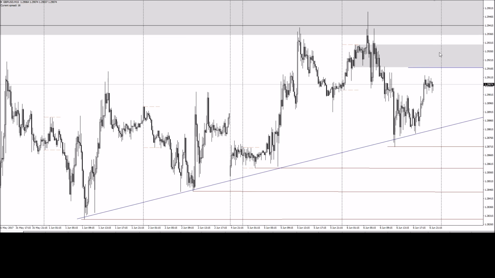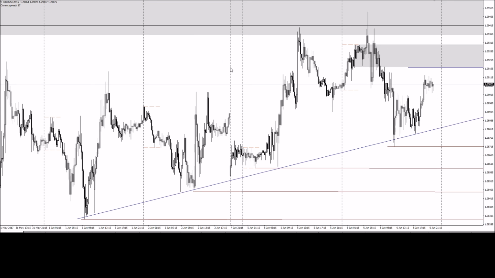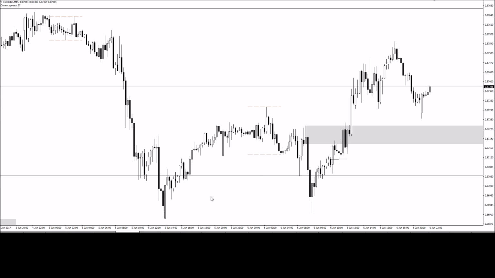And then if it starts breaking down, I want to move my initial stop loss to break even and start loading more. My final target is at least here, and then obviously a bit there, and then see if it's got more ground to cover down there. That's that. So I want to look for other pairs that are going to support my idea. If you look at Euro GBP,